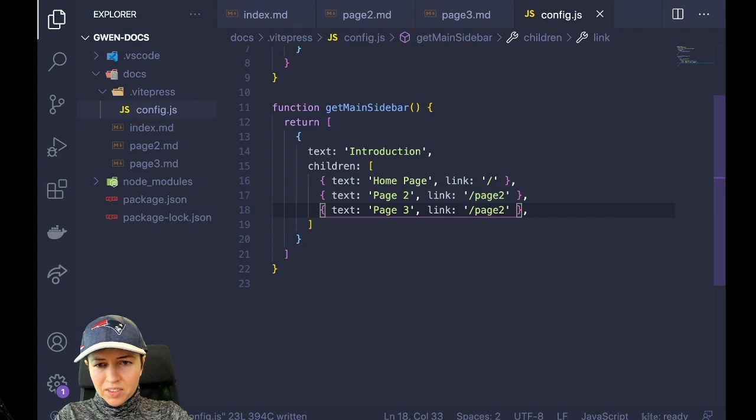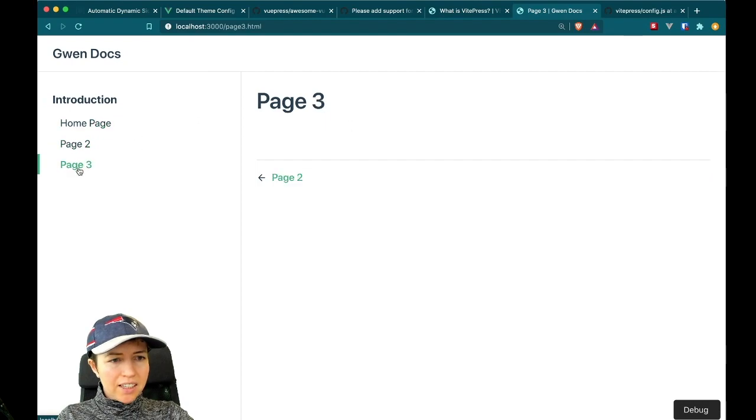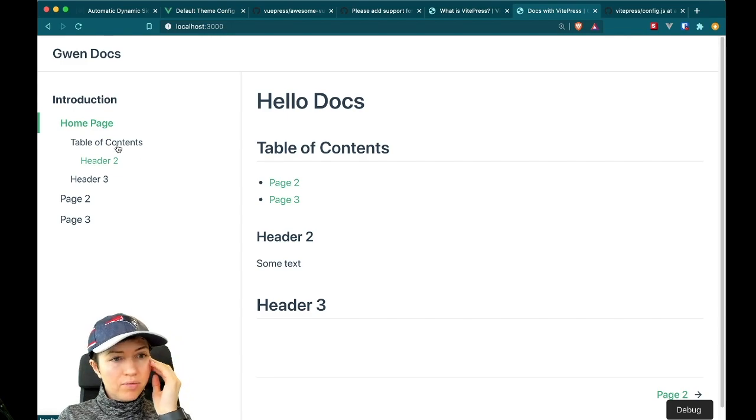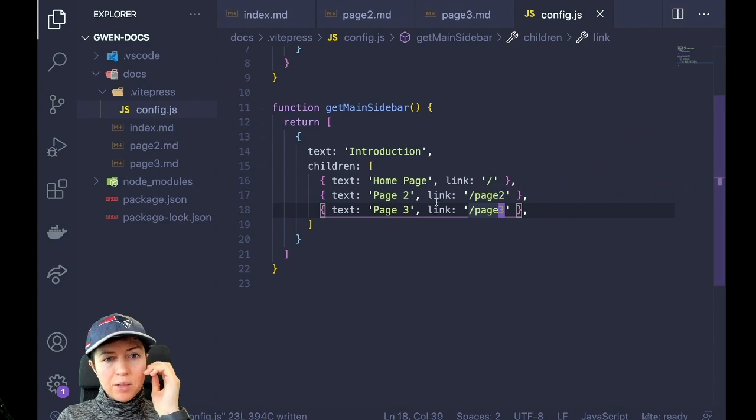Oh wait, the link is page 3, and then that added page 3, and you can go back and forth between the pages. Okay, cool. So if I add another folder now, so I have this introduction here, and then let me create